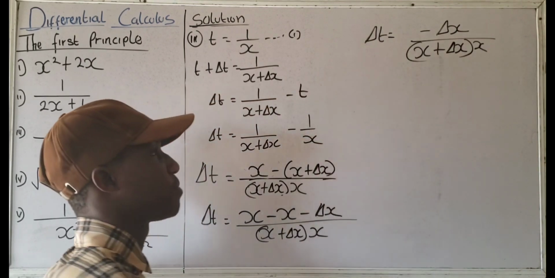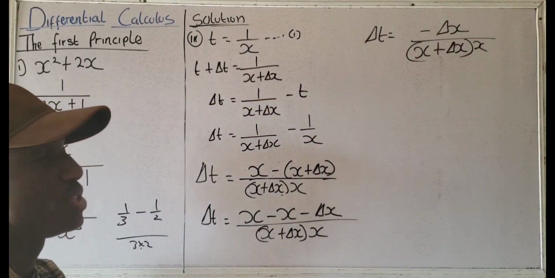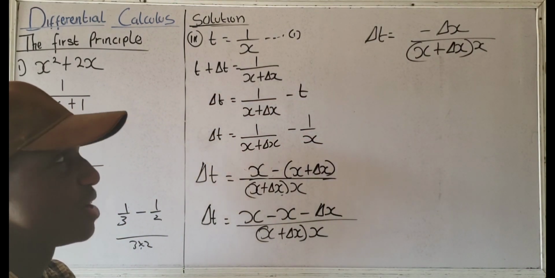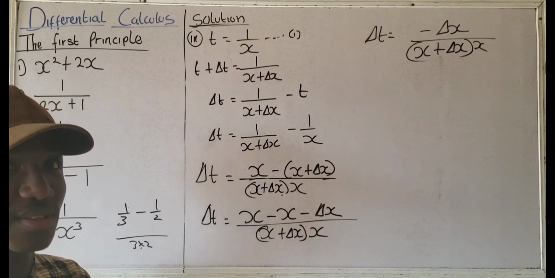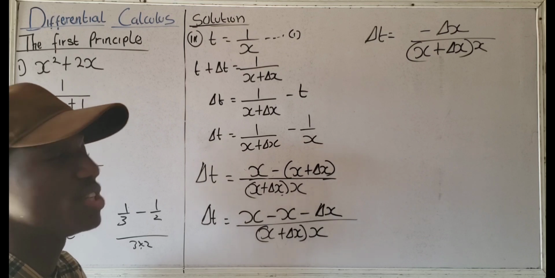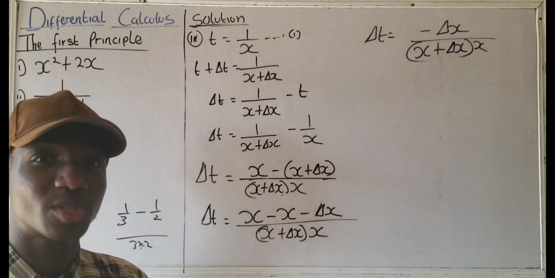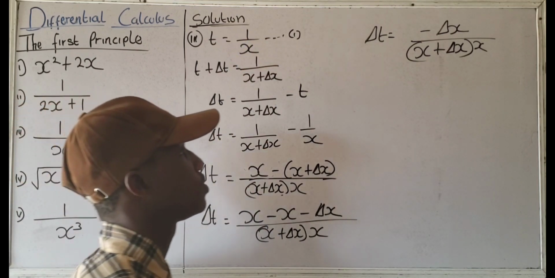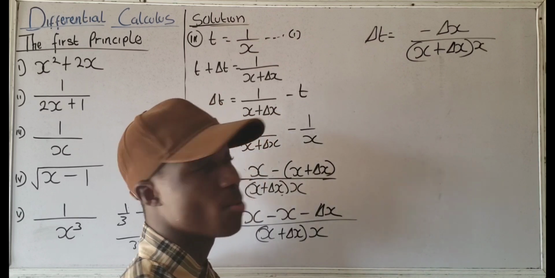Now having gotten to this point, the next step is that you have to divide both sides by delta x, or multiply both sides by delta x, you understand. The reason why we are multiplying both sides by delta x is that the goal of the question is to differentiate the function with respect to x. So in an attempt to do that, we divide both sides by delta x or multiply both sides by delta